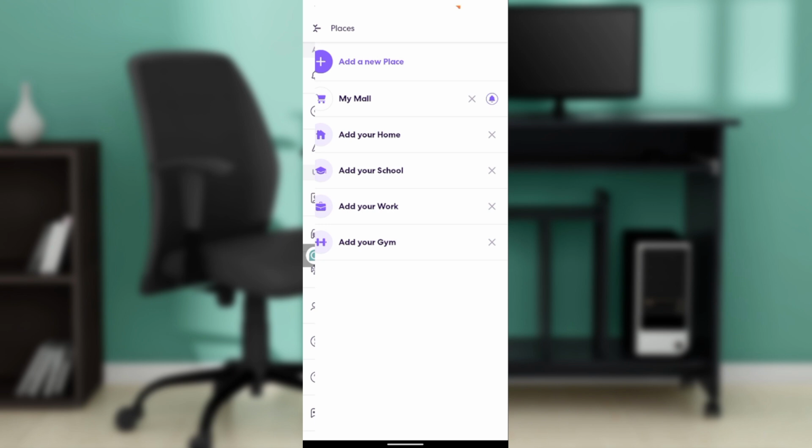All right, so ensure that the radii of your places do not overlap, as this can lead to inaccurate notifications. And you can also manage arrival and departure notifications for each place by toggling the arrives or leaves options for specific circle members. In addition to renaming, you can adjust the place's radius or change its location by editing the place details. Now go over this tutorial from the top to the bottom to get acquainted with the steps,